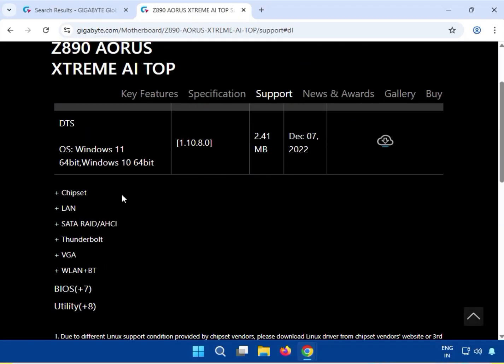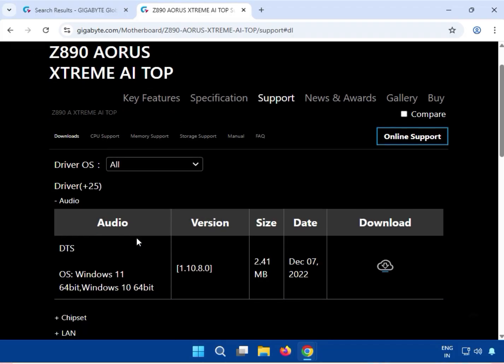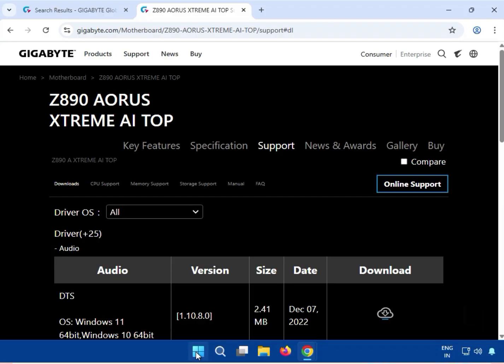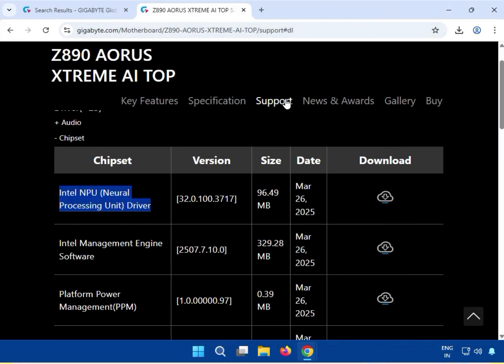Then you can see here there are two operating systems, which are Windows 10 and 11. Okay, so if you are using a specific one, select it, otherwise you can select all. Okay, so I am on Windows 11, so select operating system Windows 11. On Windows 10 also the installation process is the same. Okay,